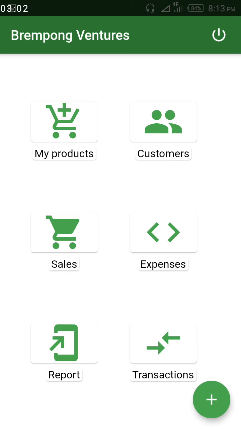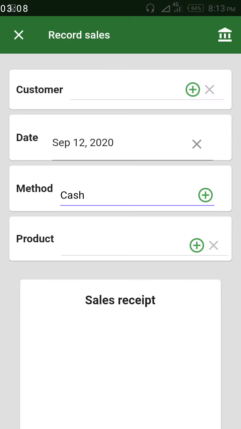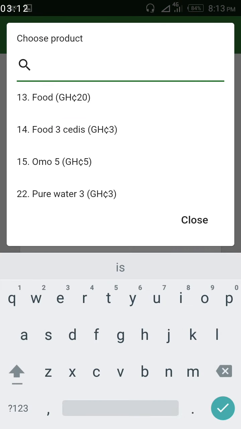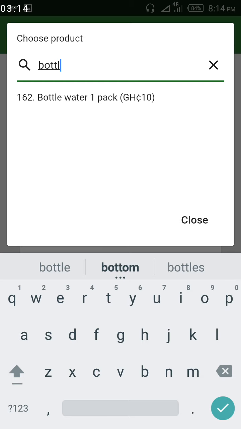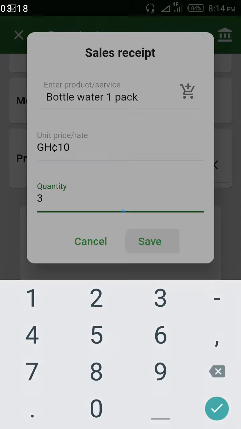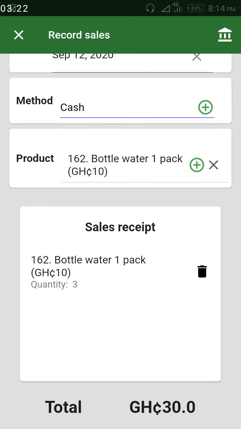Now let me show you something. Let's go back to entering a new sale record. Supposing I've entered bottled water, quantity 3, I save. As you can see here, this is the record.